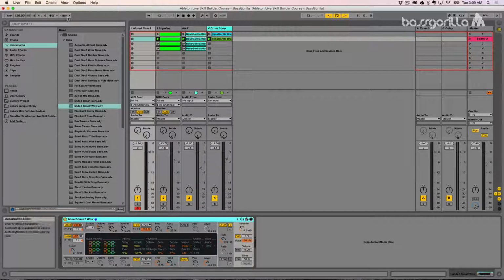Now remember, with the metronome we have a count in, and I've selected 1 bar. Now you can activate the metronome if you want to hear it, but you don't have to, because in this case we already have a beat, so we don't need that. We can also set the quantization. So right now it's on 1 bar. And we could set it to say 1/16 or 1/8 if we want it to quantize all the notes as